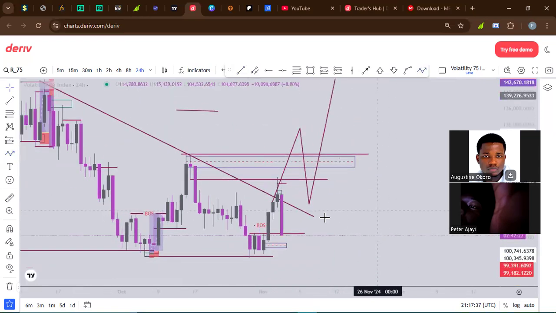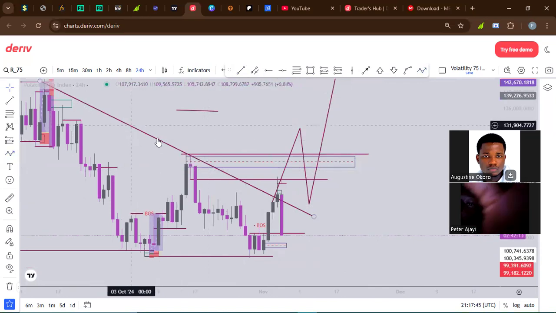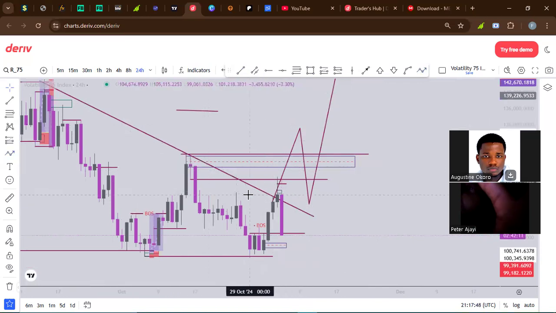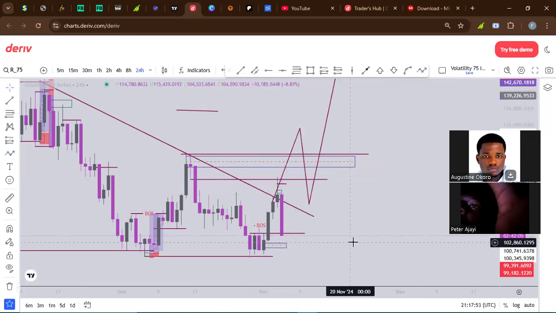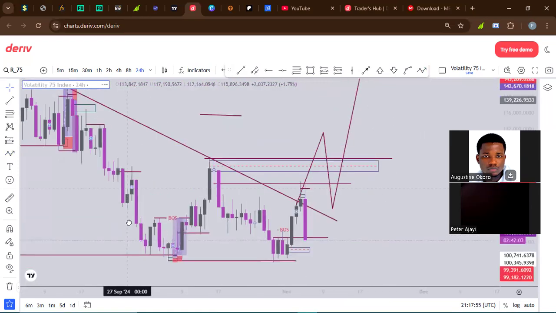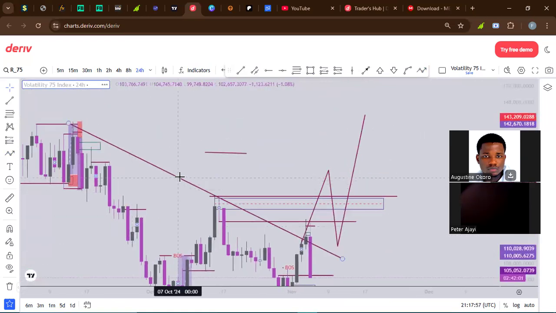But for now, I already know that this market is going to push out of my trend line because I already marked it out. I know there's a trend line here. But when the market reacts to this other block from yesterday, I believe that the market will dump. So those are the things you should be looking out for in the market.